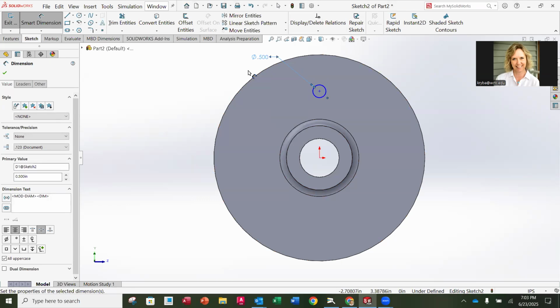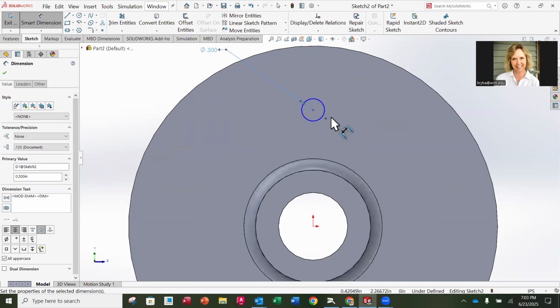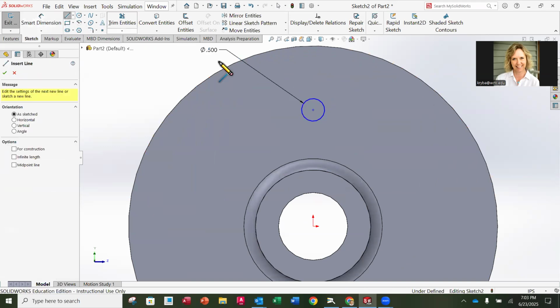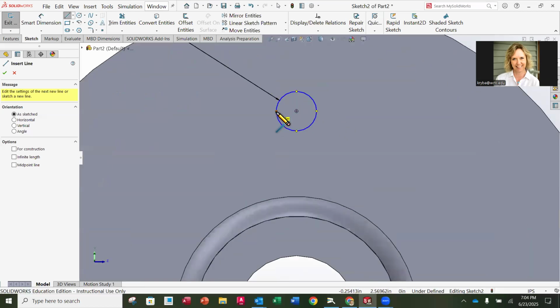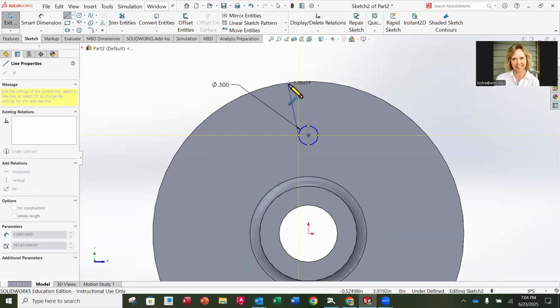Now, the next thing that we're going to do is create the vertical lines going up, all right? So I am going to get out of my smart dimension. I'm going to do a line. I want to activate the quadrants so that I snap to the quadrant. If you have to go in a little bit, you want to snap to the quadrant, and then you're just going to do a horizontal line up to,